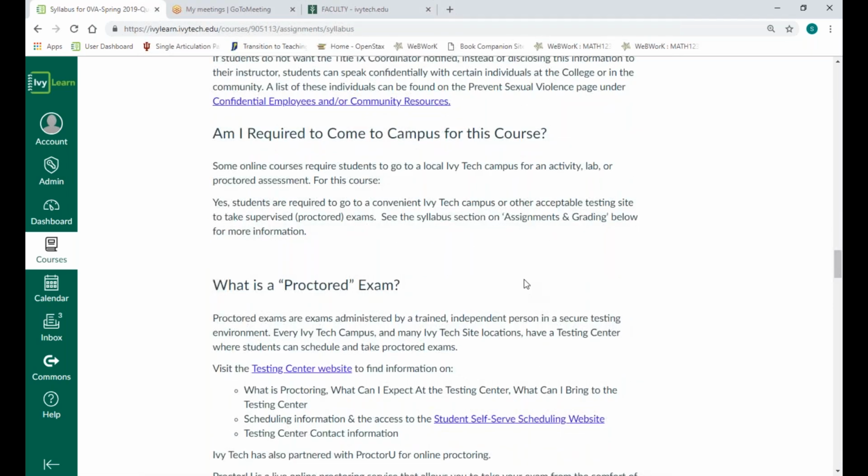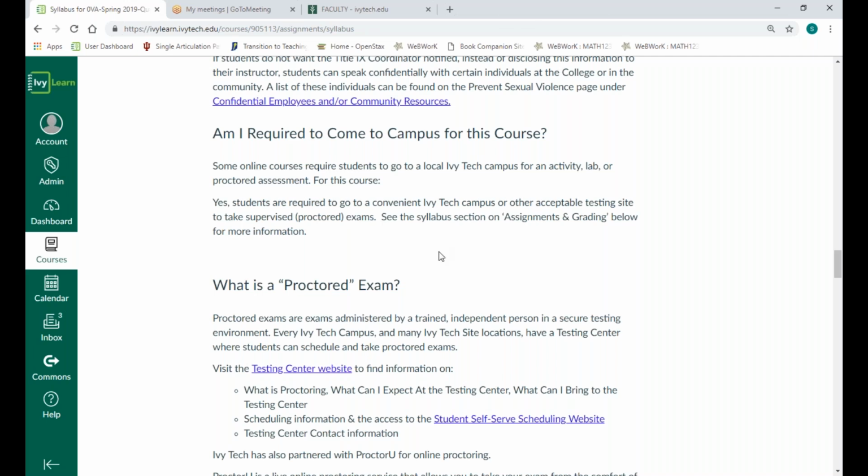Okay, am I required to come to campus? Basically, the only time you need to come to campus is to take the exam. Now, if you take it at a testing center at one of the Ivy Tech sites, then there's no charge for you. If you're not able to make it because of wherever you're located, or because of your job hours,